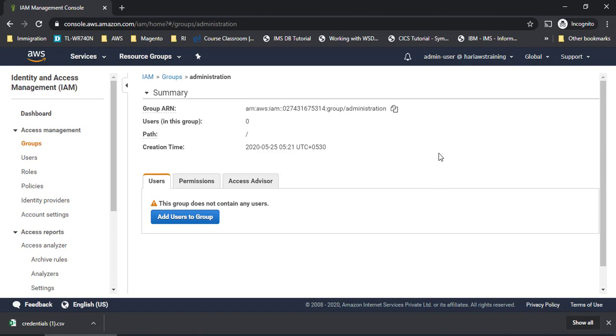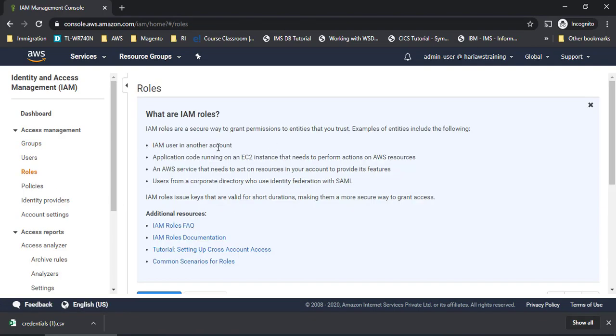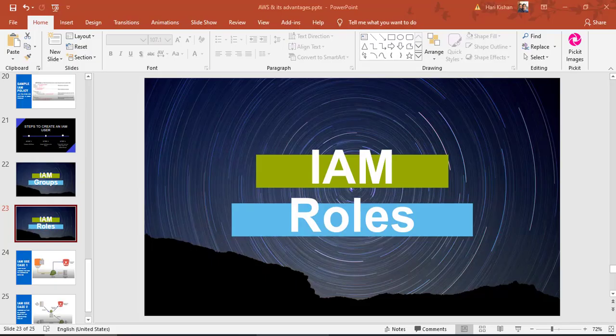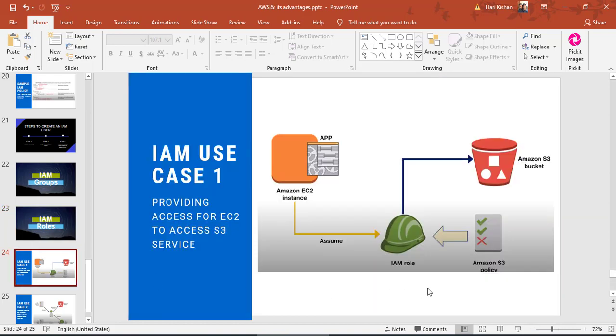So let's move on to the next topic, which is roles. So what are roles and why is it very important to have a role, right? To authenticate whether we are a valid user or not, there are different ways to do it. We have seen that we created a group, we created a user on top of it, and then gave some permissions to it. Suppose I want to access services within AWS itself, like if I have a service called EC2 and I want to access S3, then what can I do, right? So let's see in more detail with one example.